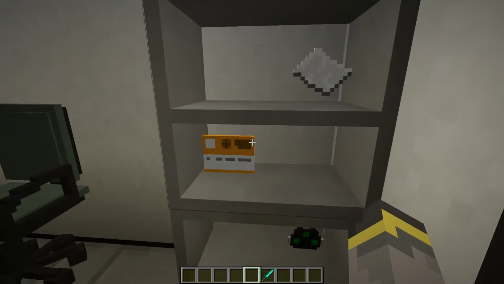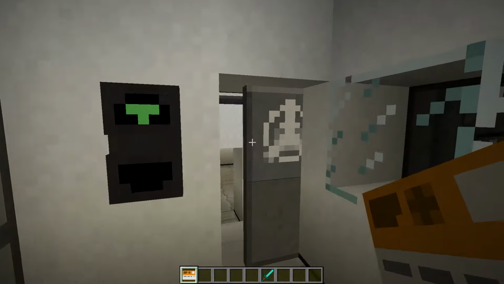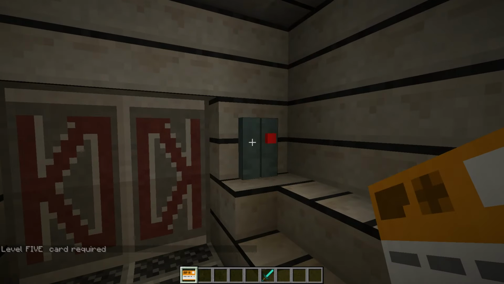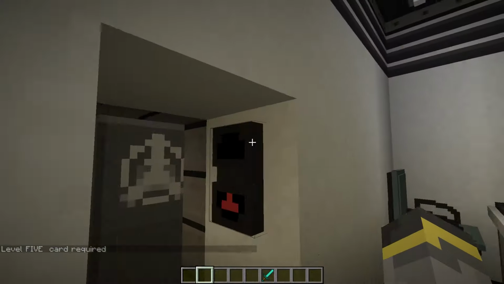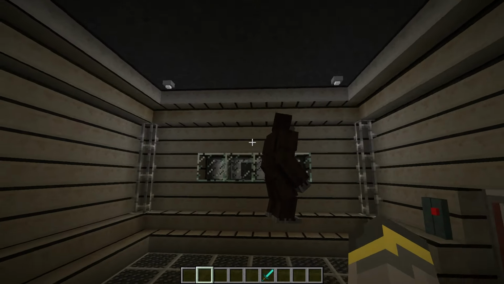Now, behind us, actually, we have a card here. This is a level 3 key card, which we might want to keep on us, actually, because we're going to head into this exhibit, and I think this is a level 3 one, right? No, level 5. Never mind. We don't need this card. I'm going to just put that back. There we go. So, yep, it's Bigfoot. You know, that Bigfoot, the monkey ape man in the woods, and...